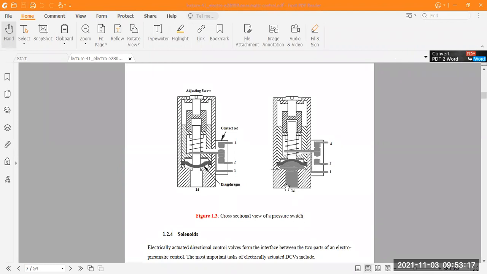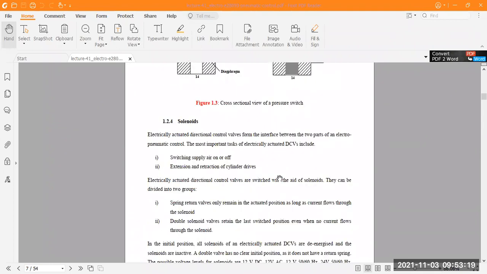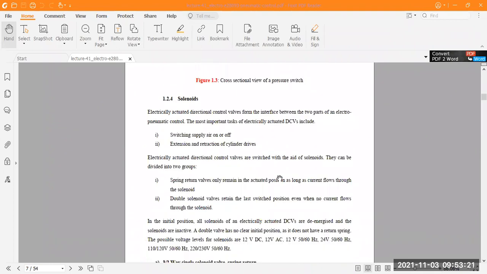Next we go to the solenoid. What is a solenoid? This is another part of the pneumatic controller part. This is an electrically actuated directional control valve. It forms the interface between the two parts of the electro-pneumatic control. Basically, it performs important tasks of the electrically actuated DCV.